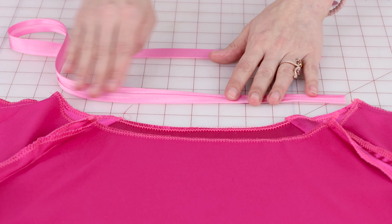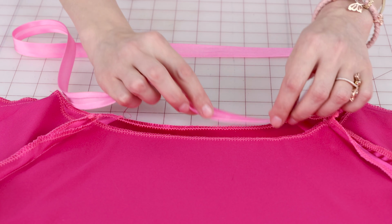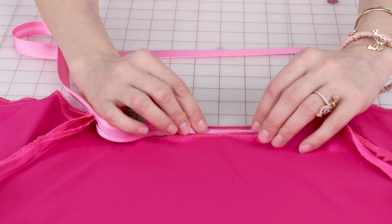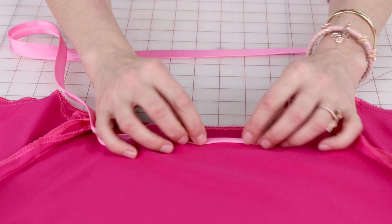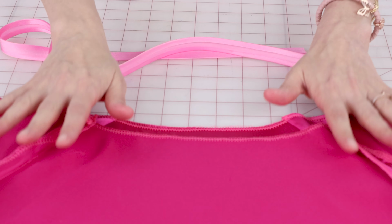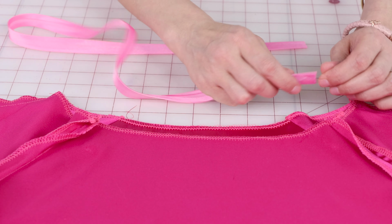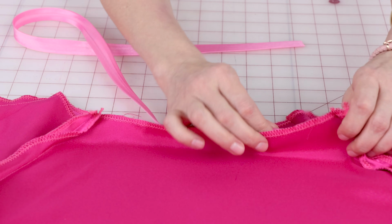And I'm going to choose that option for finishing the neck. You could also finish the neck with an actual bias binding as well, cupping the outside and the inside, and I would make this out of the same fabric you made your blouse out of if you're going to do the bias binding. To sew down the bias facing, I'm going to open it up, and I'm going to place